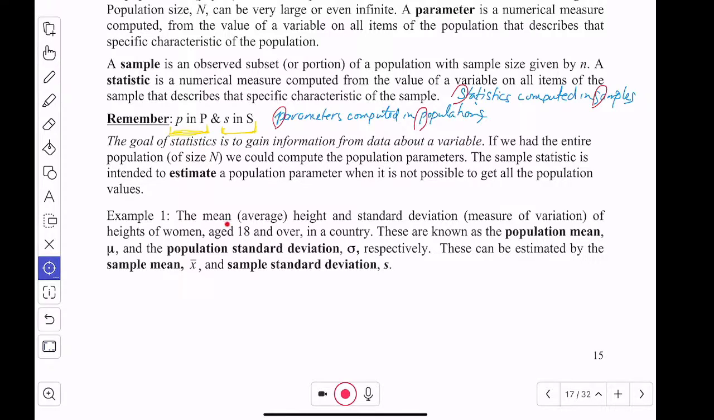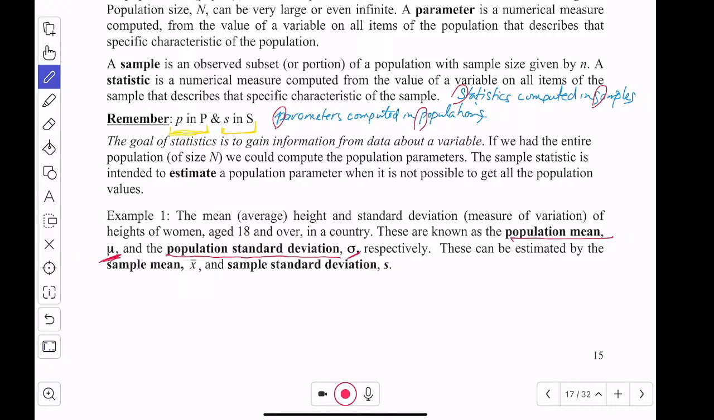So example 1, the mean or average height and standard deviation measure a variation of heights of women 18 and over in a country are examples of parameters that we're interested in. These are known as the population mean, mu. So this is the symbol. You may or may not have seen this before. This is the symbol for population mean. And this is the symbol for population standard deviation. And it becomes a convention that the Greek letters are used for population parameters, okay? So when you see Greek letters, you are talking about population